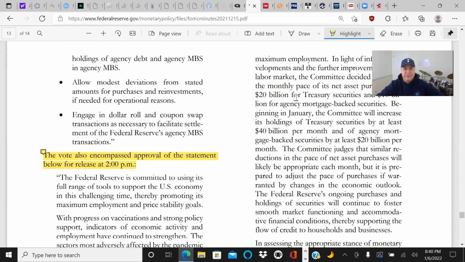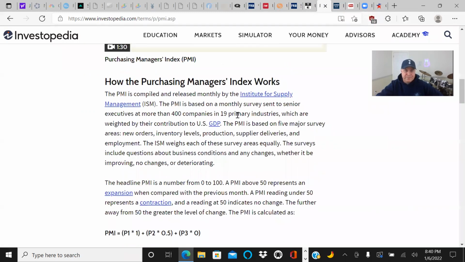It wasn't in his minutes here. So let's look at our PMI data. Now, this came out just 3 days ago. What is PMI data? Well, PMI data is the Purchasing Managers Index, and the PMI is based on a monthly